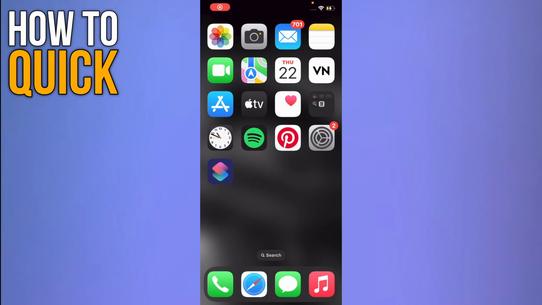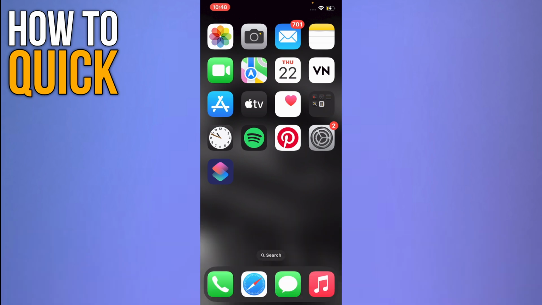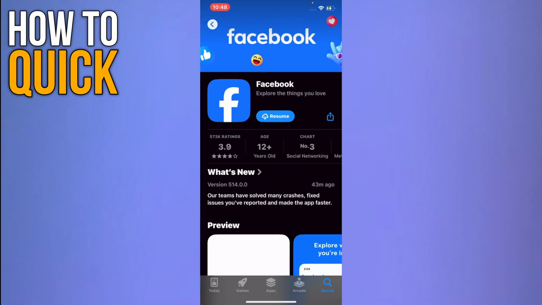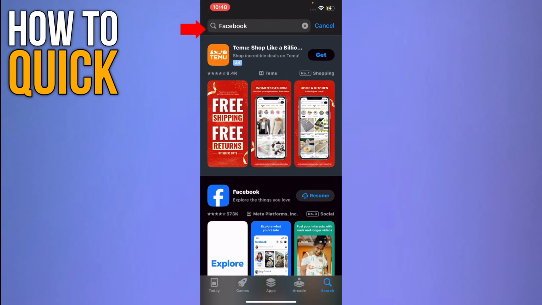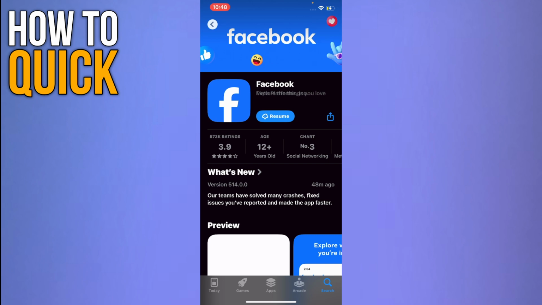In this video, I am going to show you how to fix Facebook profile lock option not showing. So first of all, open up your App Store application and search for Facebook. Once you search for Facebook, you have to open the application and make sure that your Facebook application is up to date and there are no updates available, as it can be a bug or an issue that is fixed